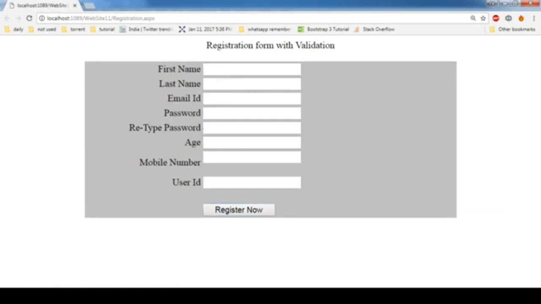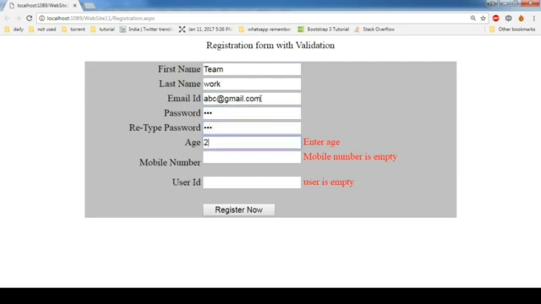I have just run the program. Enter some values. Okay, the email ID error comes because what we entered is wrong. As I told you in the theory part, the email format is like abc@gmail.com.